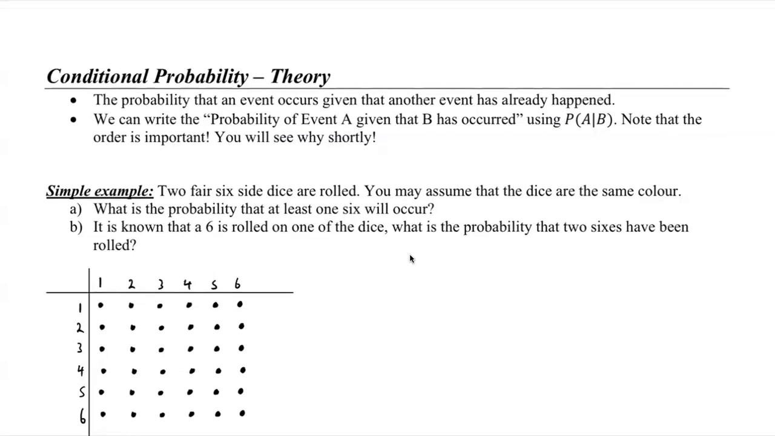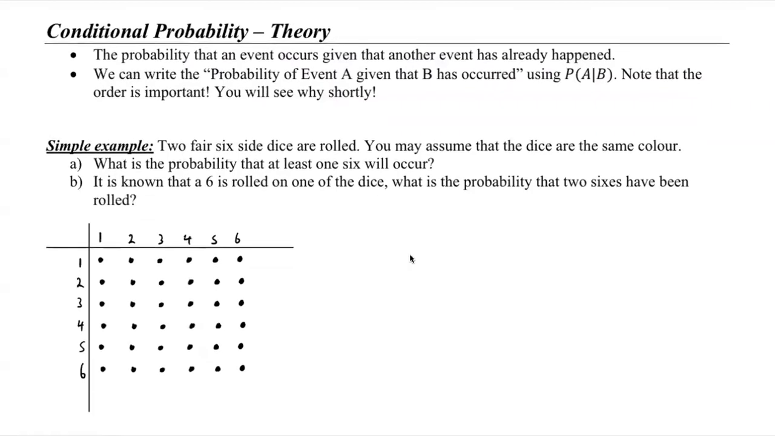Now, this example I actually pulled from Eddie Woo's videos, and it's a really nice unpacking of what's happening and why something is so unintuitive. So below, you'll see that we're talking about two fair six-sided dice being rolled. So it's a multi-stage event. I've already drawn the dot diagram below to help you understand